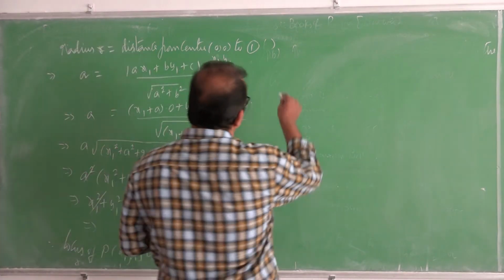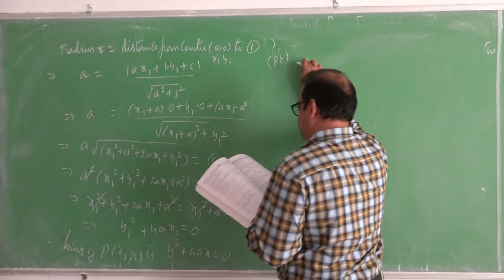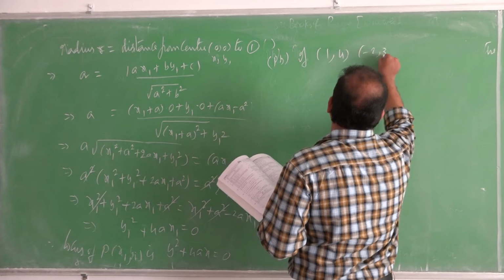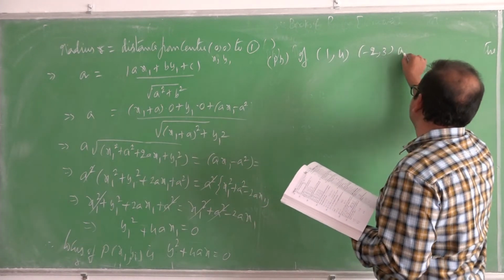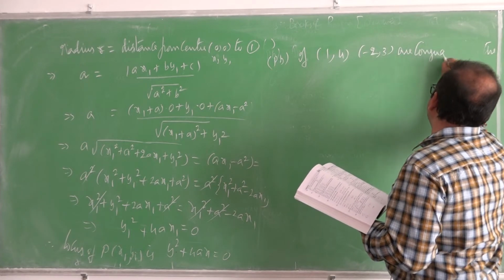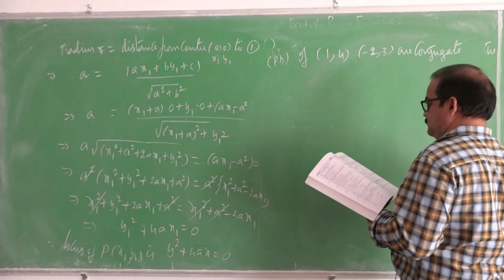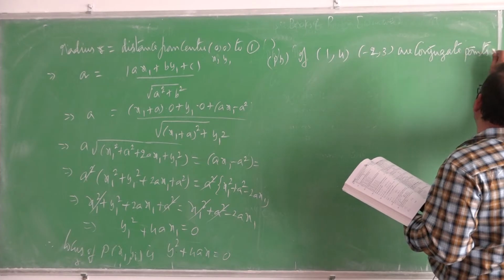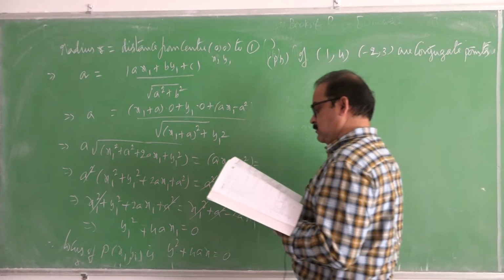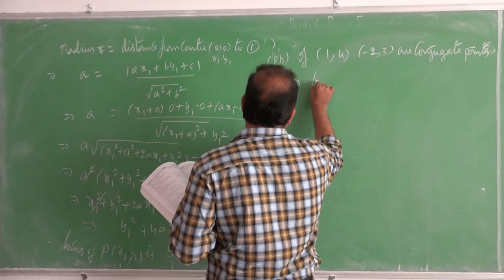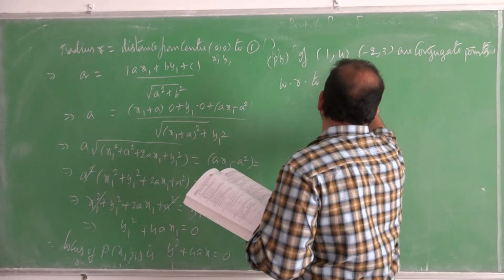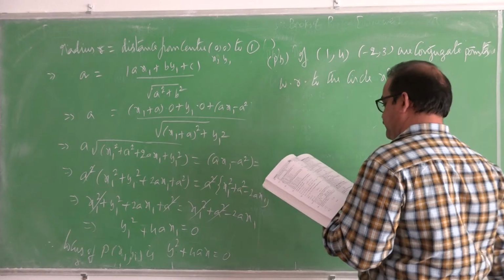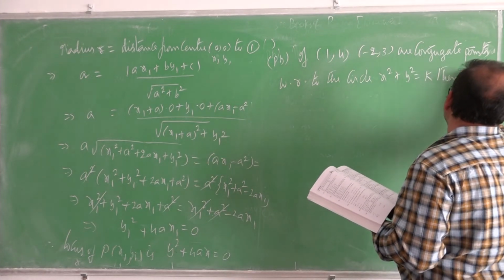Write the next problem. If the points 1 comma 4 and minus 2 comma 3 are conjugate points with respect to the circle x square plus y square is equal to k, then k is equal to,